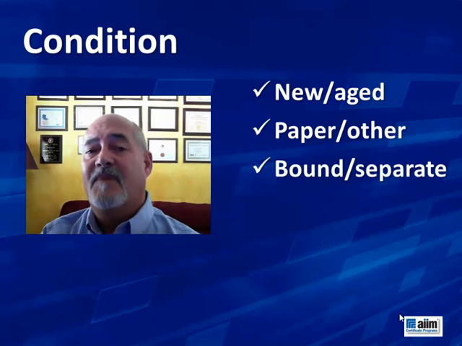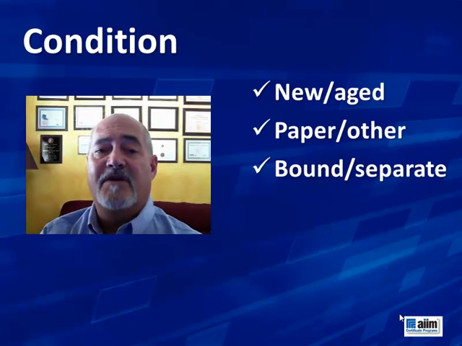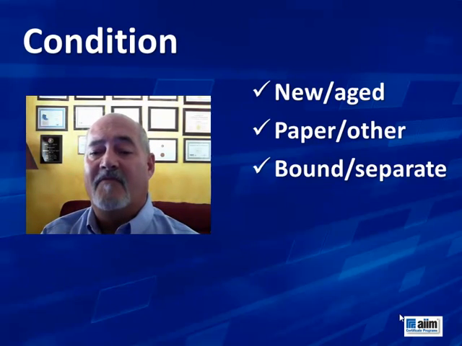And are these documents bound, or are they separate pages? Maybe it's a book or book style, and so now you have to get a specialty type scanner to deal with that. Or are they all separate pages? Maybe you're dealing with 3-ring binders and you can remove the paper from the binders.